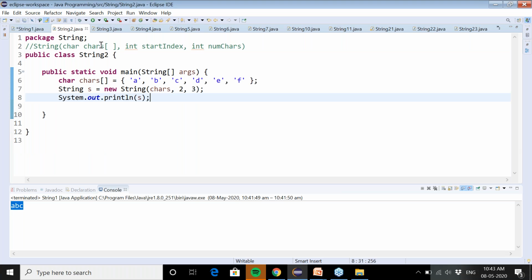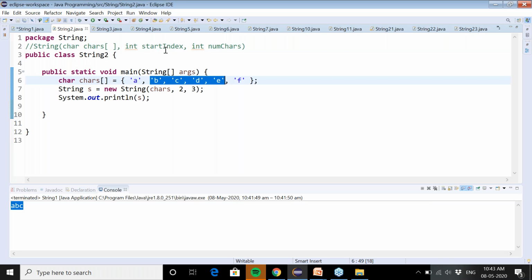So to this constructor, you have to pass a character type array and two more parameters, because in this case I don't want to build the string object from all the characters of the array. I want to build a string from, let's say, these three characters or these four characters. From a portion of the character type array, I want to build a string object.